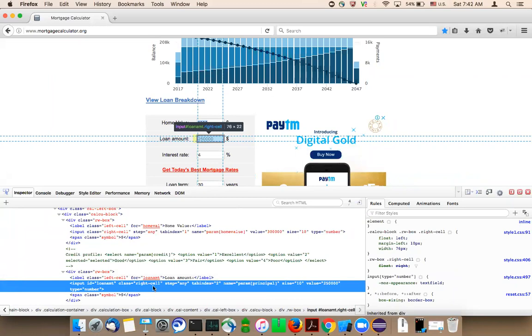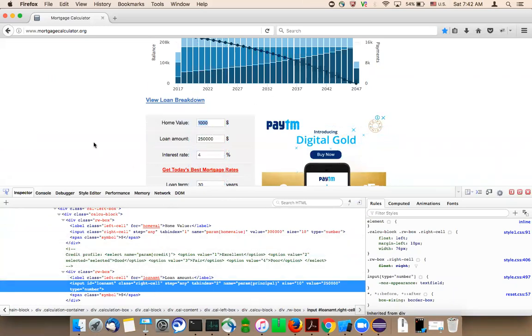Then Selenium will be confused about where to enter the 1000, because there are multiple elements available. That's the reason we need to use a locator with which you can identify the element uniquely. You should always try to get one single element. You have to use such kinds of locators.